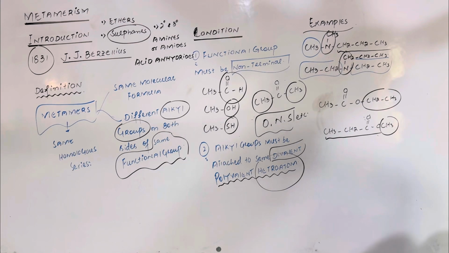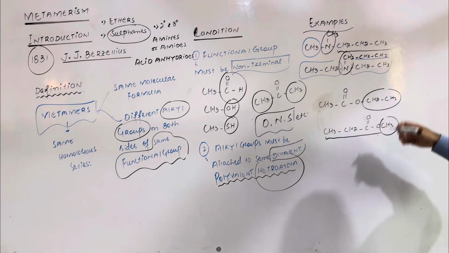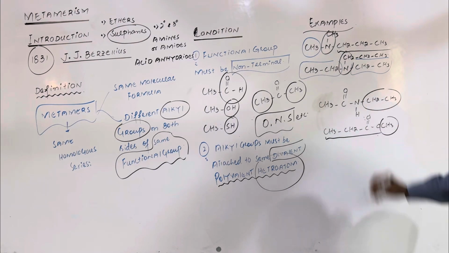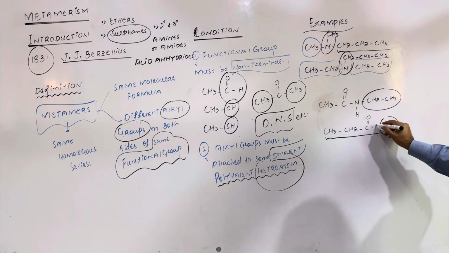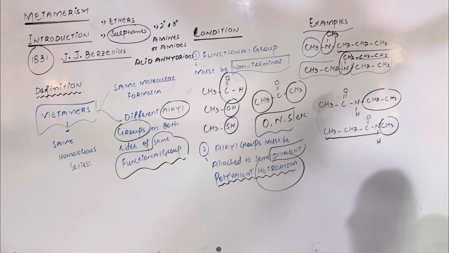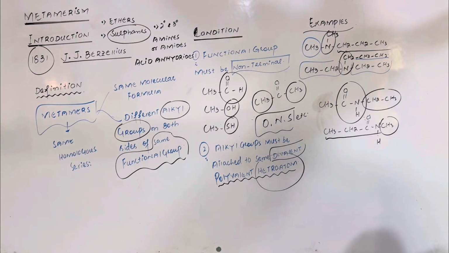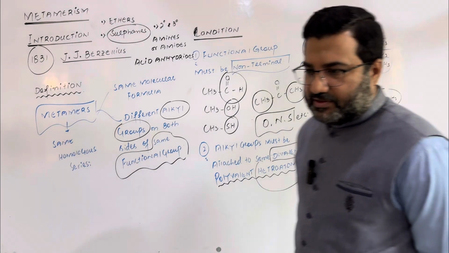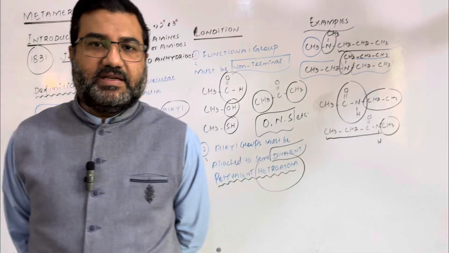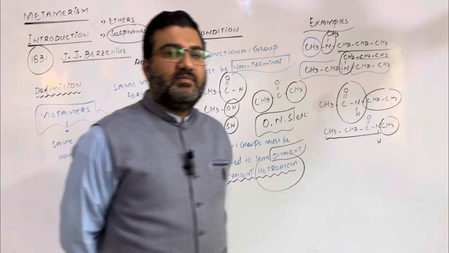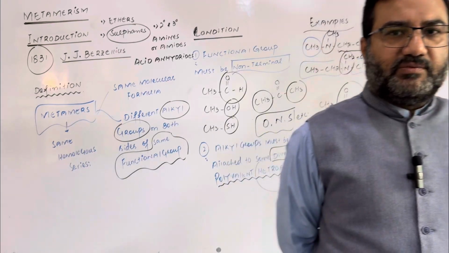Now the last one, that is from amides. Simply replace this with NH. Now this will become an amide, because this is the amide functional group, and again you can see that there are different alkyl groups on both sides of the amide functional group, so they will be called metamers of each other. So metamers are basically those isomers which have the same chemical composition, same molecular formula, same molecular